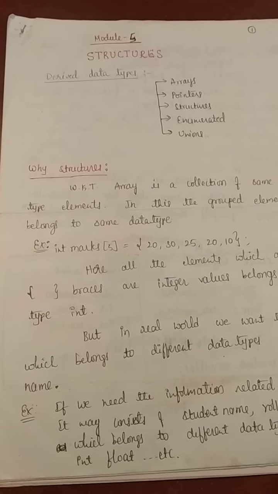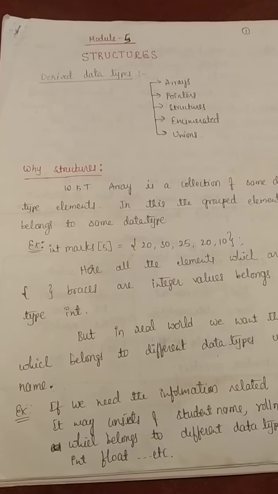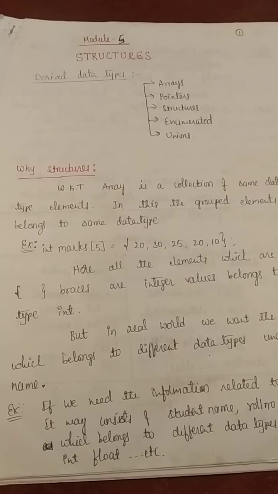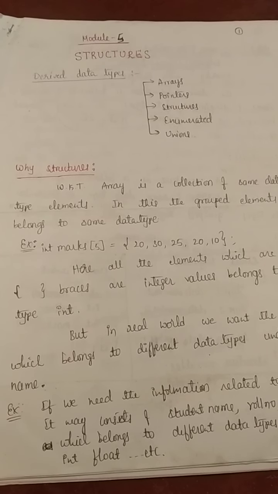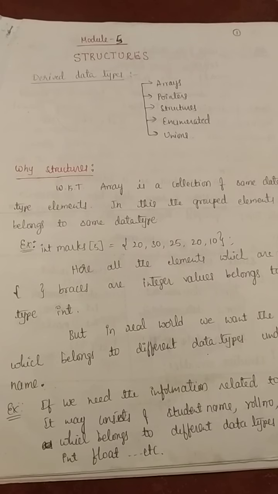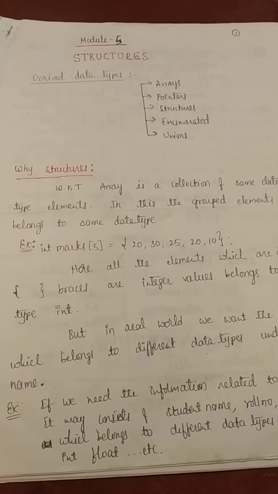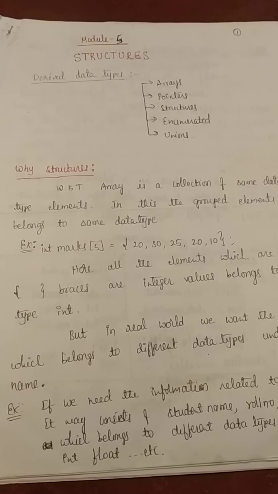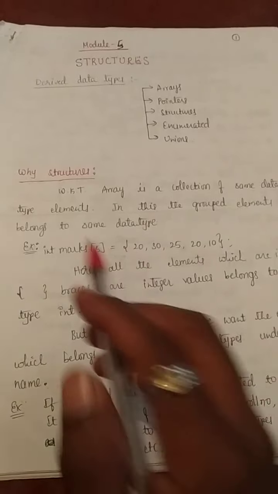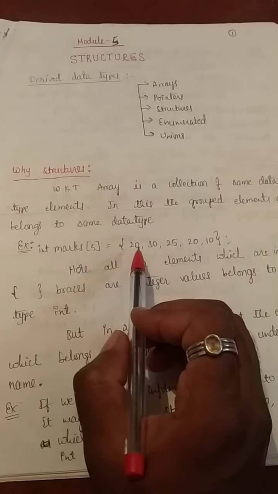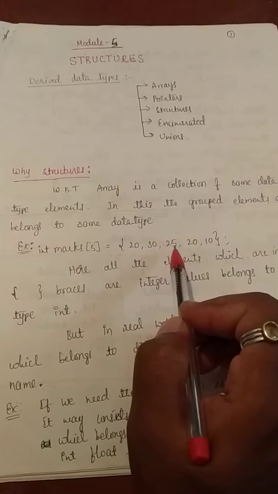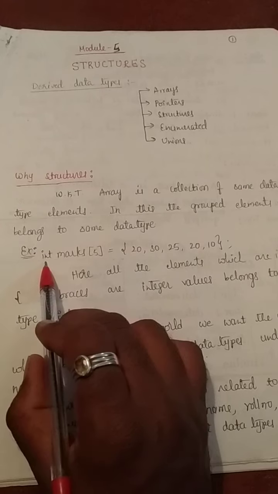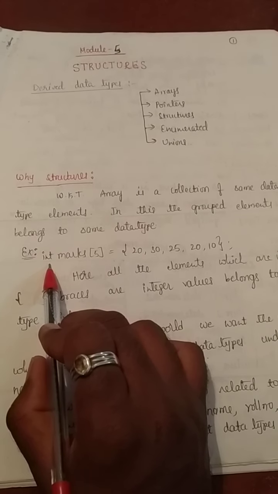See, we should know what a structure is and why we have to use it. So why are structures used? We know that an array is a collection of similar data type elements, right? Array is nothing but the collection of similar data type elements. So we can have same category elements in our arrays. Suppose if you see this example, int marks[5], in the sense I can use only integers here. I cannot use any floating point value or any characters here, because the data type says that integers should be there.